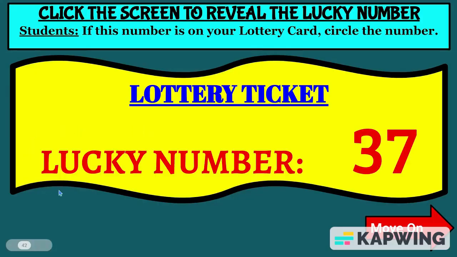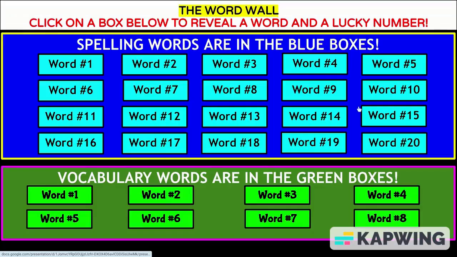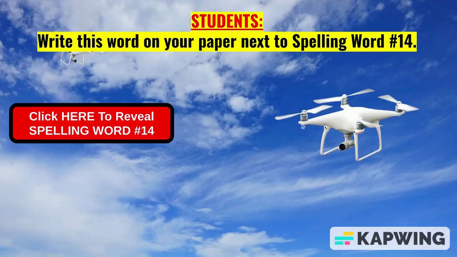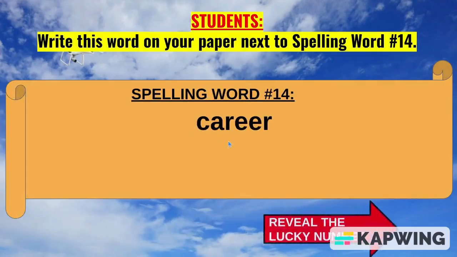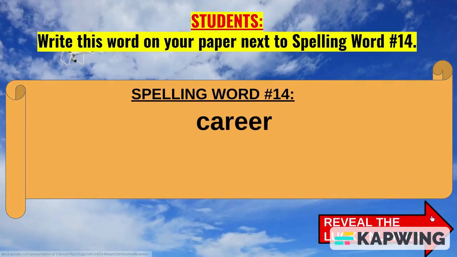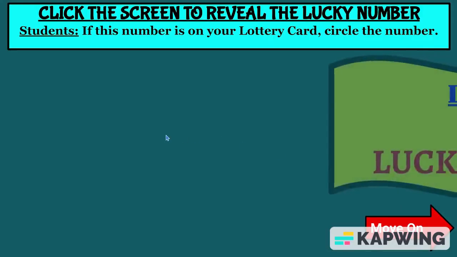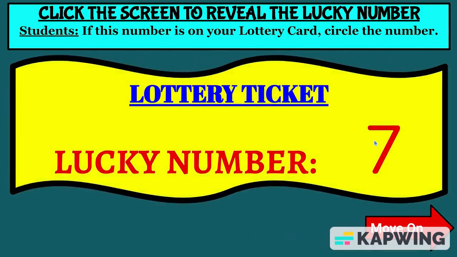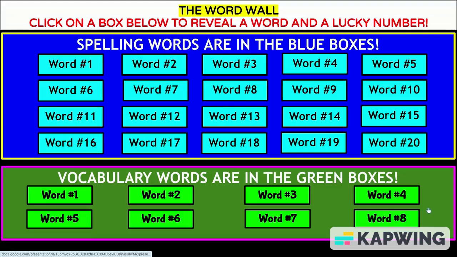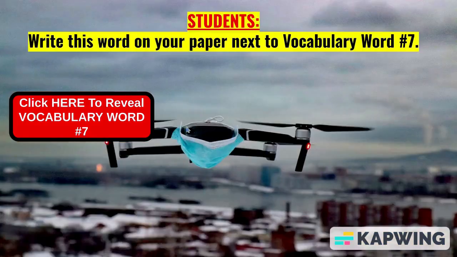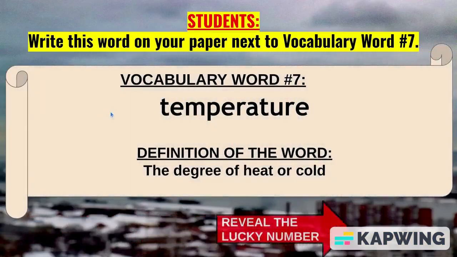When you're ready to move on, click on the arrow on the bottom part of the screen to go back to the word wall. You will repeat this same process throughout the rest of the activity. Keep going throughout this activity until a student has all their lucky numbers revealed, or you can certainly play longer if you wish. These spelling lottery ticket games will keep students really engaged and will be a great addition to